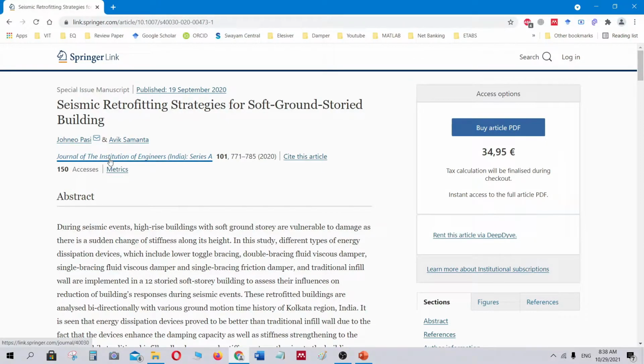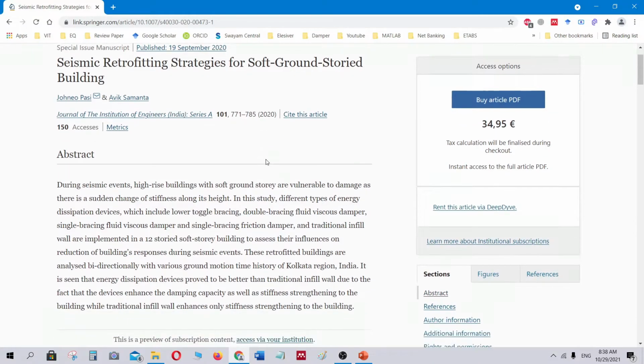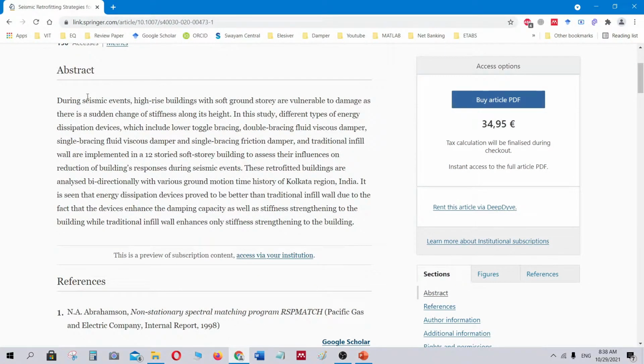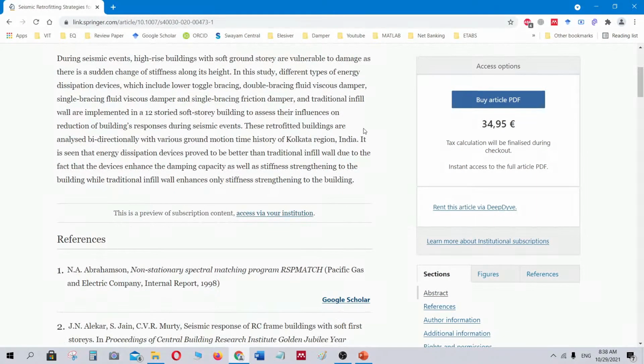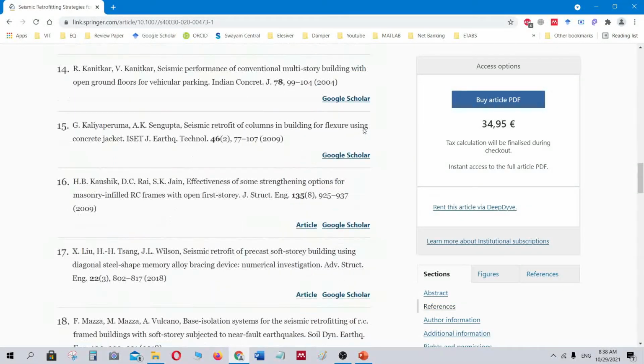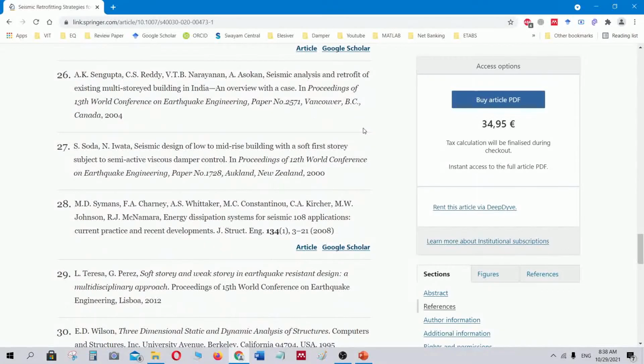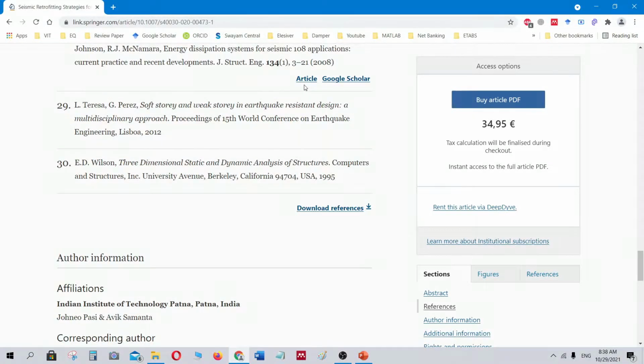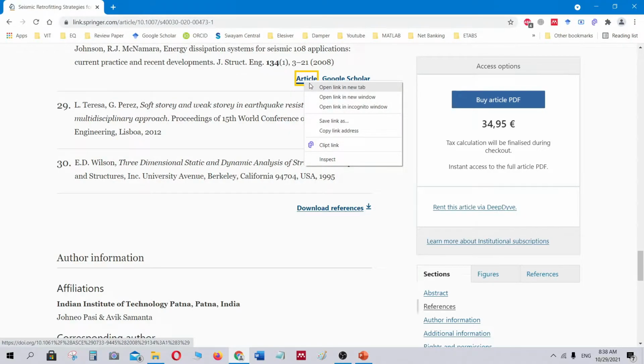Journal of Institution of Engineers India series A, it is the journal name, the volume, the page number and year, and abstract has been shown here, references. When you click the article, you can go and search their article.